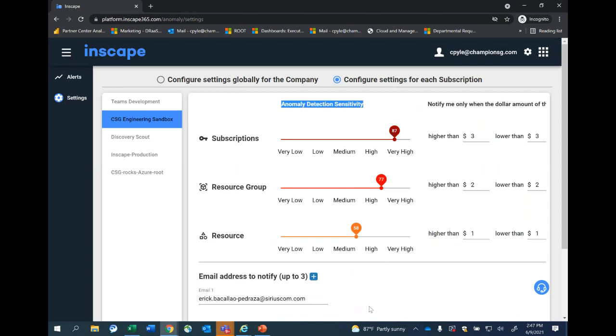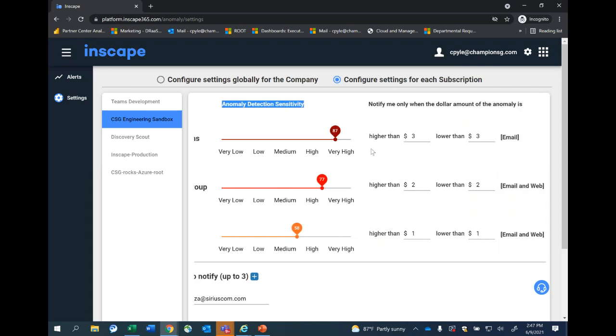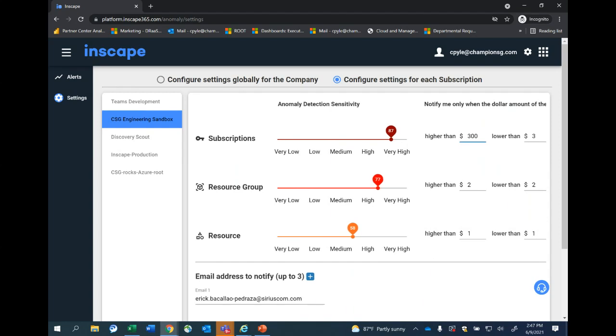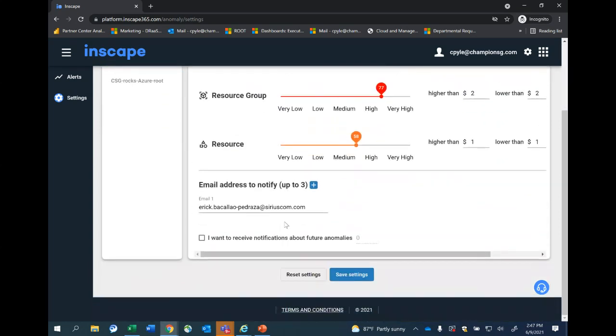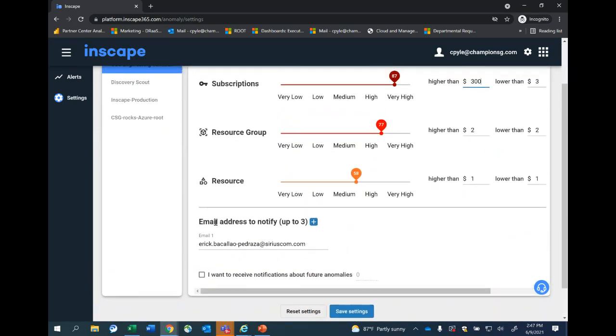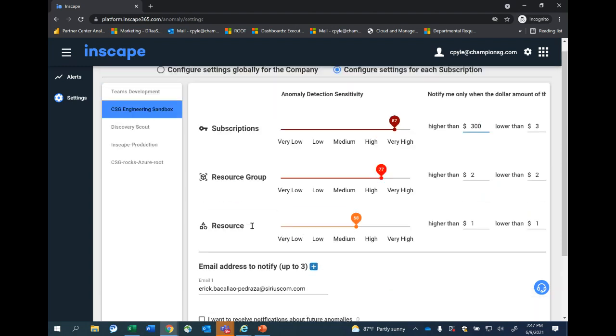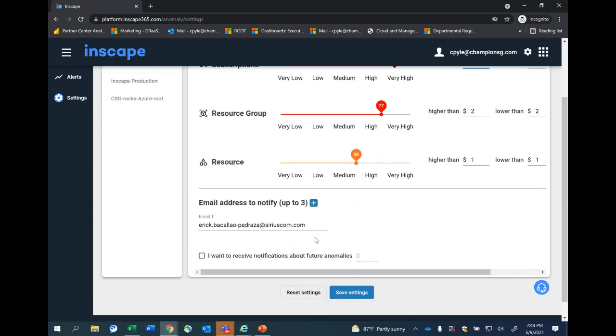And then you set up the notification, and you can say, look, only notify me when it's $3, $30, $300 higher than what the normal range should be, or lower than X, Y, or Z. And you can set that up all the way down to the resource or resource group level. And then you can set up to 3 people per subscription to email.